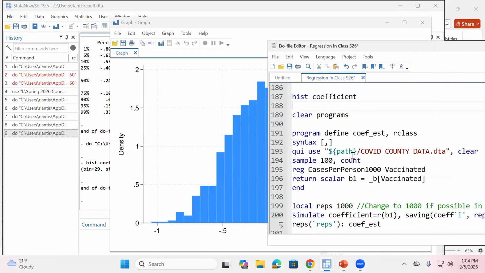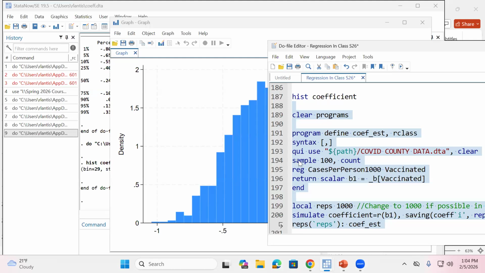I can do the exact same thing. If I do this from samples now of 100, what should happen to that distribution? It still should be centered around that true population value of negative 0.25. But what's going to happen to my standard errors? When I increase the sample size, we said the standard error is going to go down. So now if I look at this distribution, if I think of the standard error as like the standard deviation, my distribution is going to become a lot more peaked, right? Or it's going to be narrower.